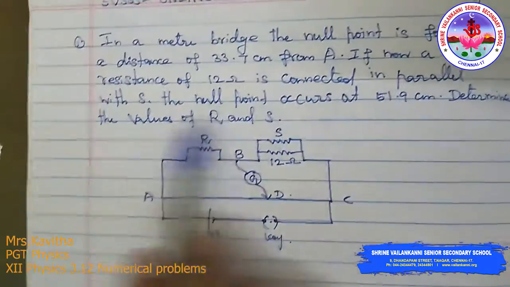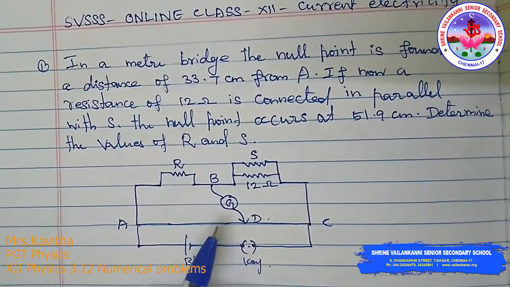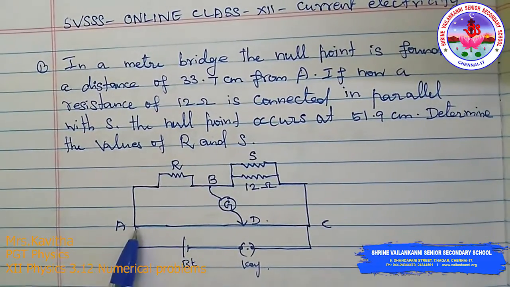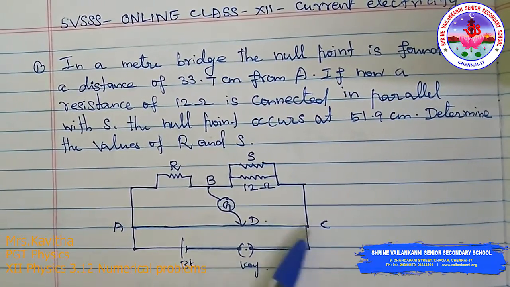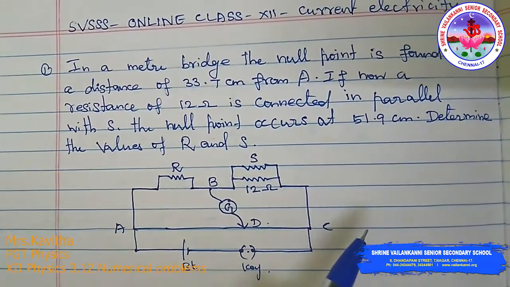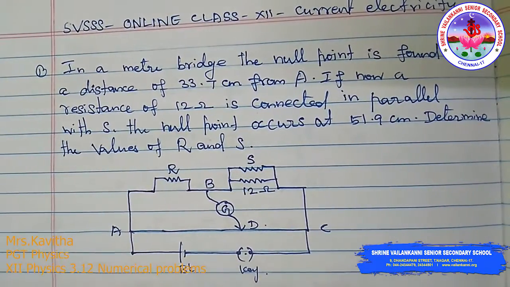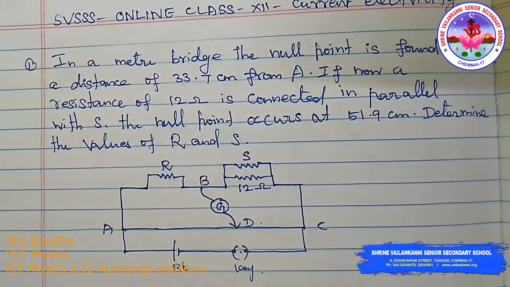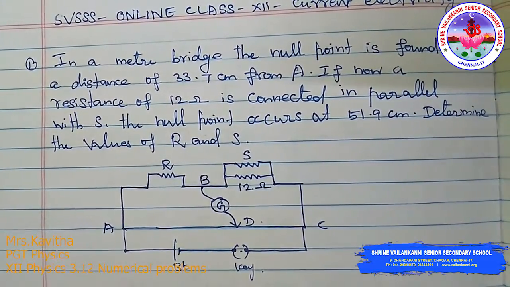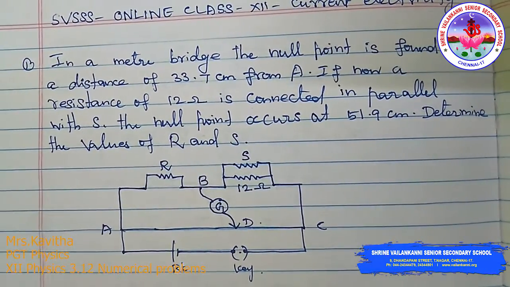Okay, see the diagram now. See, the wire is of uniform cross section. The resistances of the two segments of the wire AD and DC are in the ratio of the lengths AD and DC. By using the null point condition of the Wheatstone bridge, we can recall what the balanced condition is, which means null deflection should come. That means there is no current flowing. That time it will be the null, right?